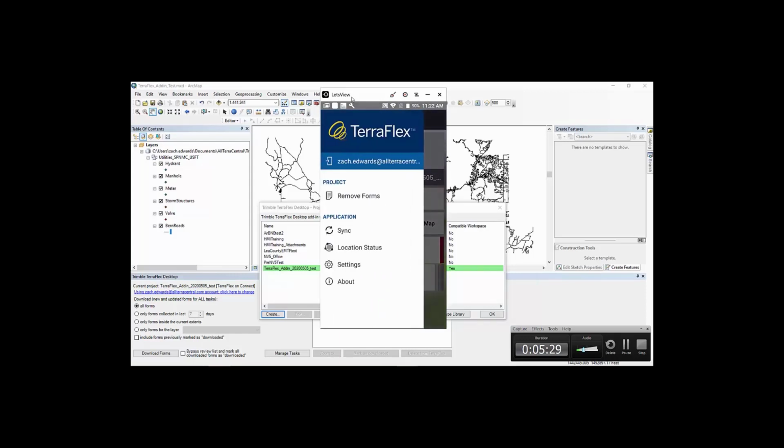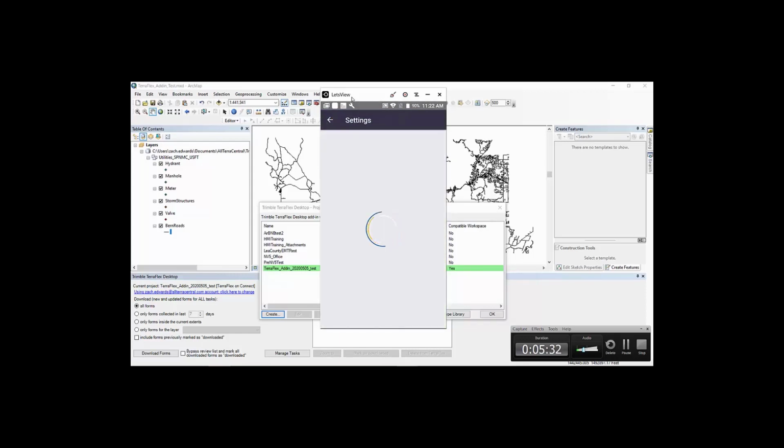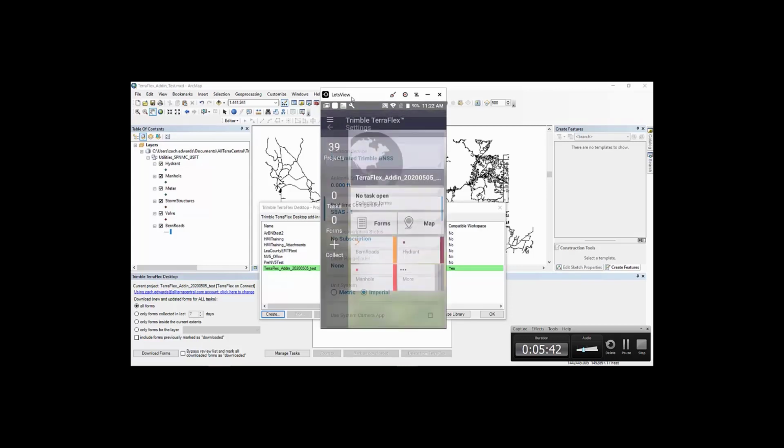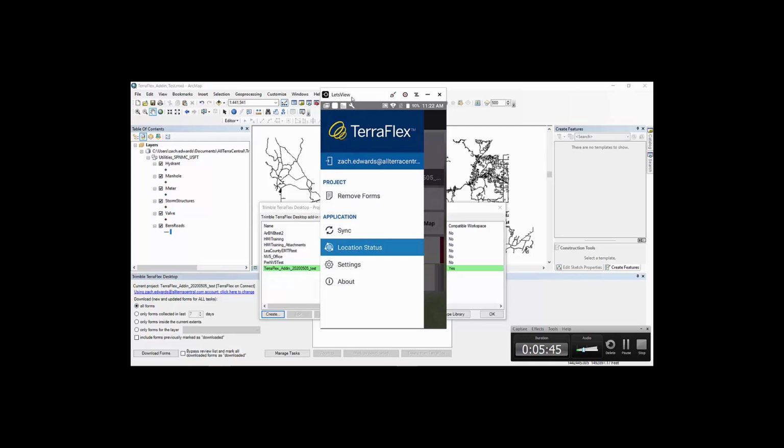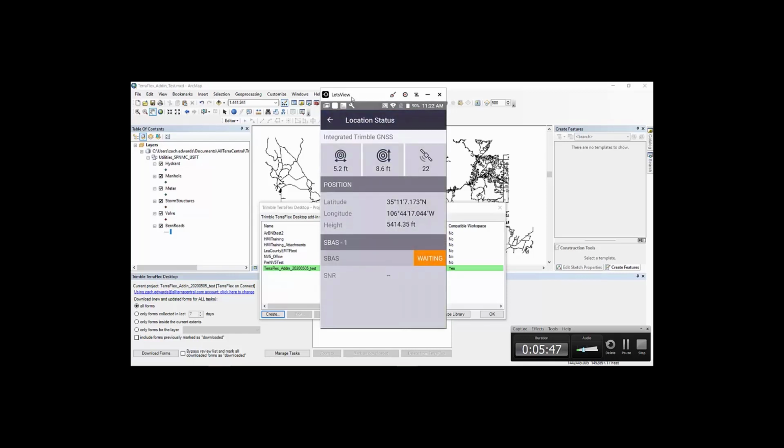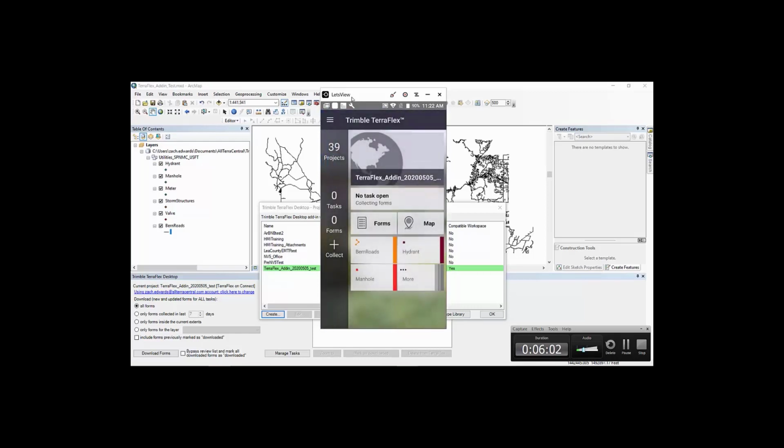And then if I were to go to settings, I can see that I'm using my TDC 150 internal. I could set my antenna height settings, pick my real time, and then I could go into location status to see how accurate I'm doing. Now I'm in my office near a window, so that's actually pretty good. So we're going to go ahead and collect a feature, and I'll take a photo as well. So we've got SBAS now. I'm going to come back, and I'm going to collect a hydrant,